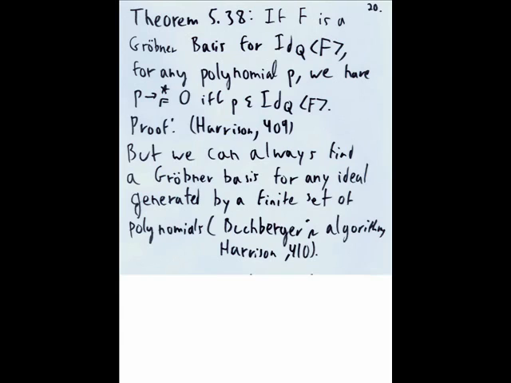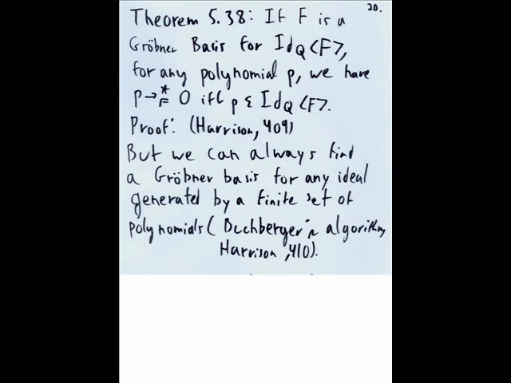Given some finite set of polynomials F, if we can find a corresponding Gröbner basis for the ideal, that is, replace it with an equivalent Gröbner basis, then all we need to do to prove that a polynomial p is in the original ideal is to prove that the polynomial reduces under the corresponding Gröbner basis F to 0, and we're done,